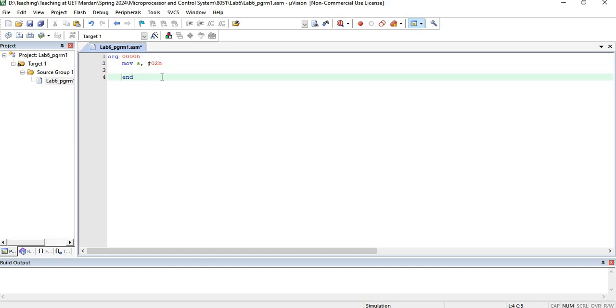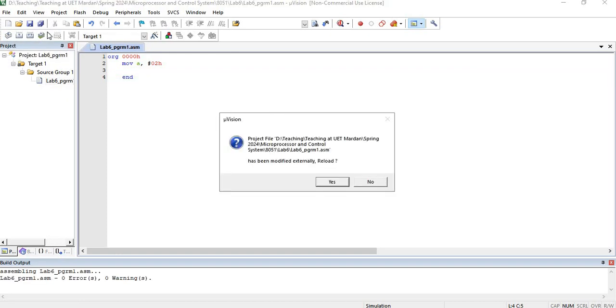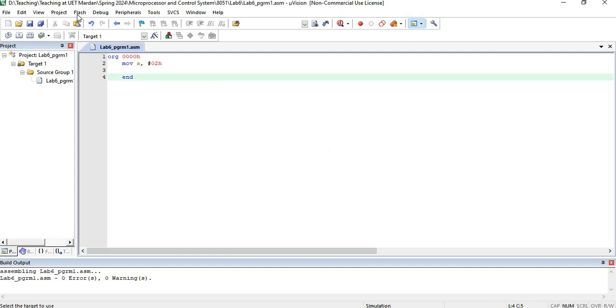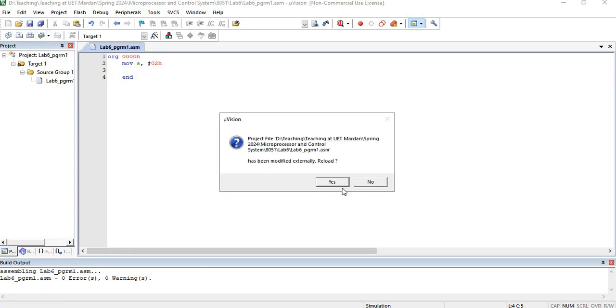I want to check whether it is working properly or not. Okay, so now I will translate it. Translate is... has been modified to external. No. Okay, for example, if it's creating a problem, I will auto save it. Yes, I am